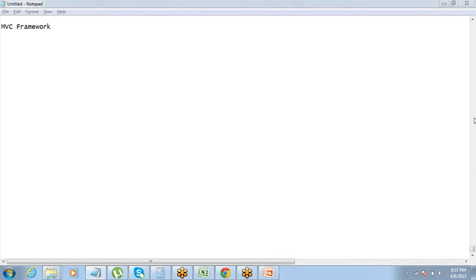Swati, MVC framework? Model View Controller, good. So the MVC framework is a framework of an application where there are three layers. One is model, the other one is view, the other one is controller, right?